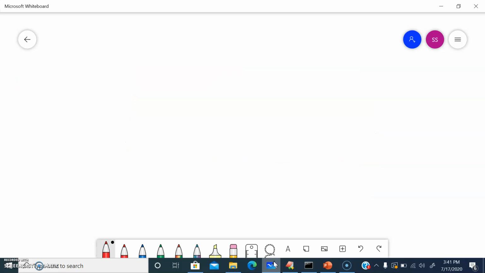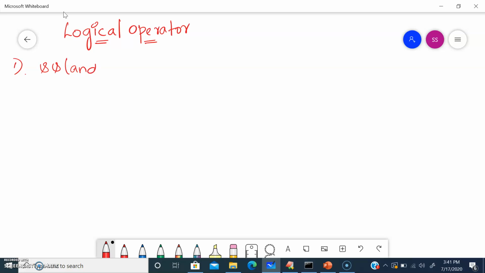So let's see what a logical operator is. In logical operators, we have two operators. One is the AND operator and the second one is the OR operator.